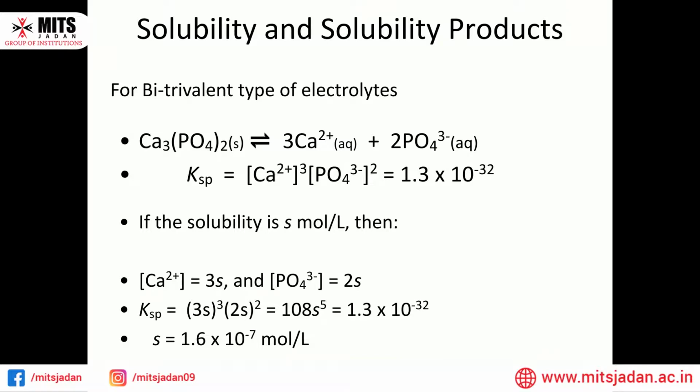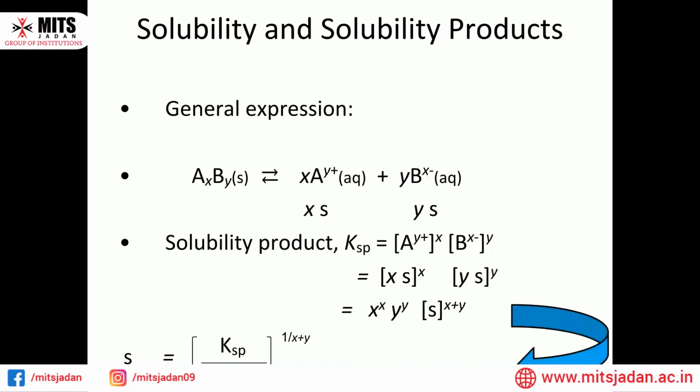But it seems very awkward to calculate the solubility and solubility product constant for each particular type of electrolyte. In order to make the calculations simpler and easier, it is necessary to derive a general expression that would be applicable for all varieties of electrolytes. Suppose we have a sparingly soluble salt AxBy at equilibrium condition; it dissociates to give cation A and anion B in the aqueous solution.